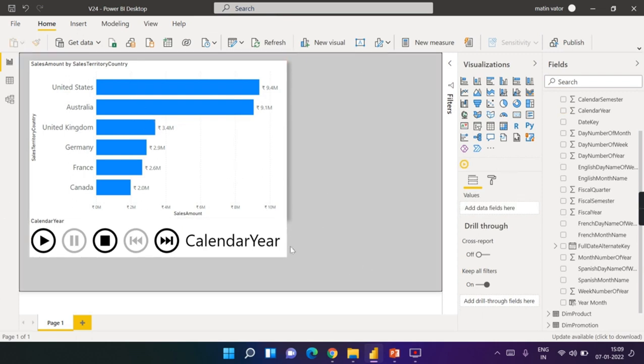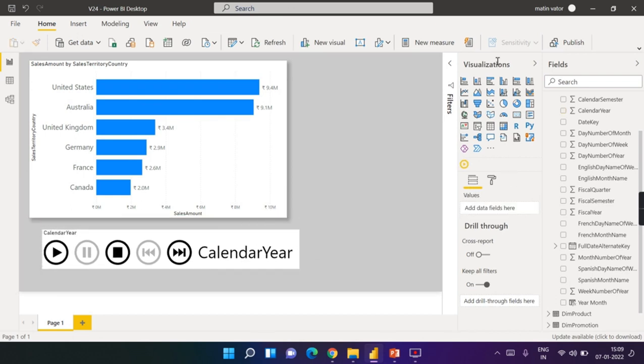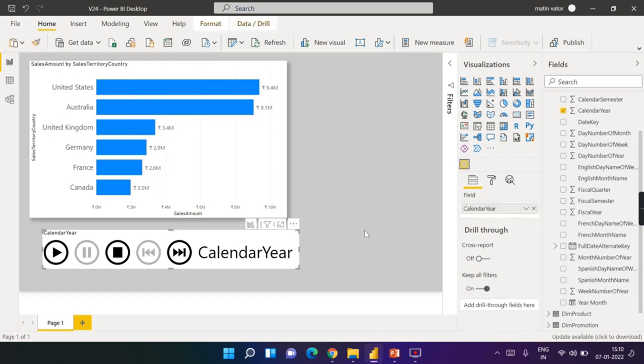This will filter. How it works basically is that this acts as a filter to this entire report, so whatever charts you add here will also be filtered. It is not only applicable to this chart. As I explained, whatever you see on the internet is part of one visual, but this is just acting as one of the visuals. That is fine, so let us try to explore it.